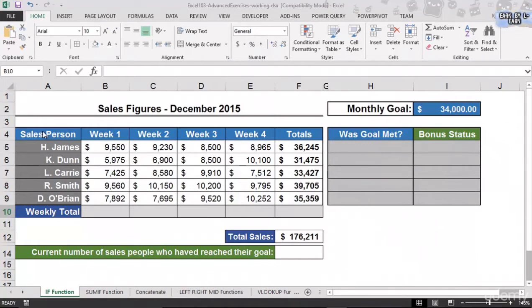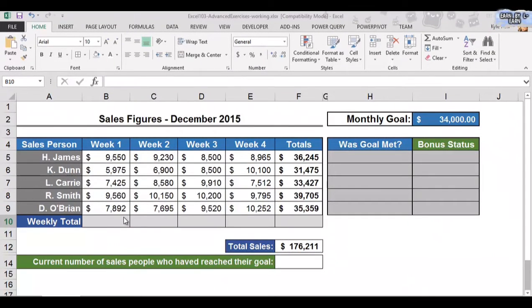Now, typically, let's say you want to sum up a range of cells. Looking at the example file that I have open in front of you right now, I've got some weekly sales figures, week 1, 2, 3, and 4. At the bottom of each of those columns, I've got a weekly total. And I'd like to just sum up each week, this way we can compare values between the various weeks that make up the sales figures